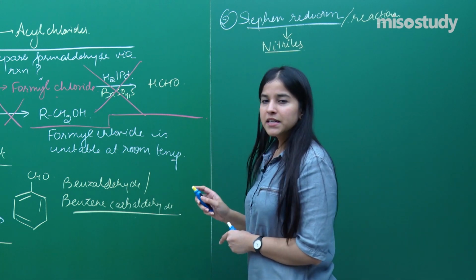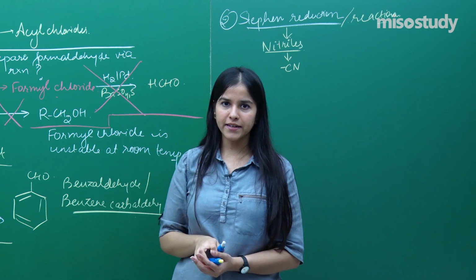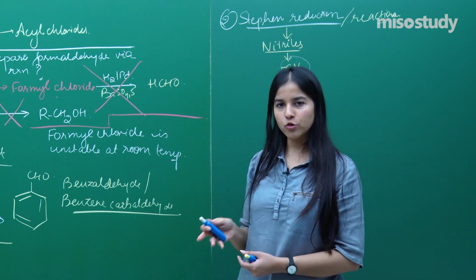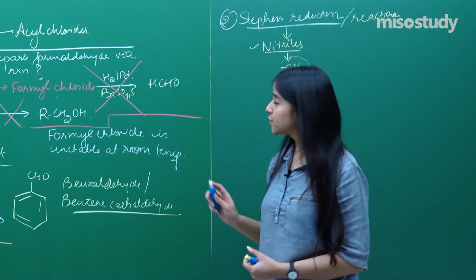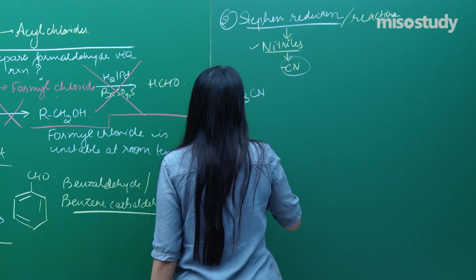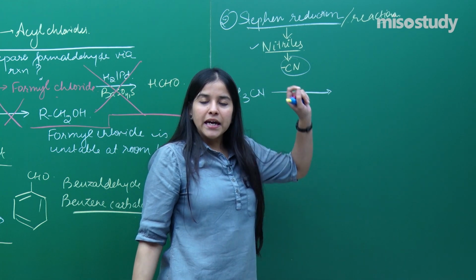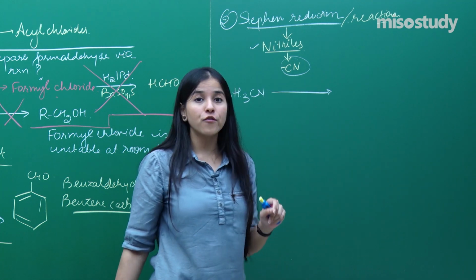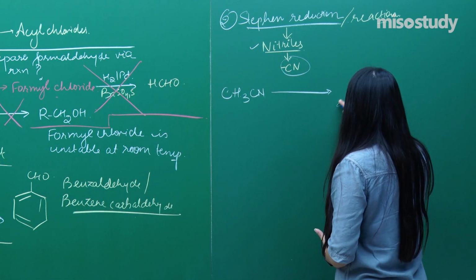What are nitriles? The nitriles are those having a CN bond, right? Having this CN group attached. The alkyl group attached with the CN group will be known as the nitrile. First of all, we need that information, right? So, what happens in the reaction? Let us see. So, here I have got a nitrile. It gets reduced in here with the formation of a very special entity that is known as an imine,